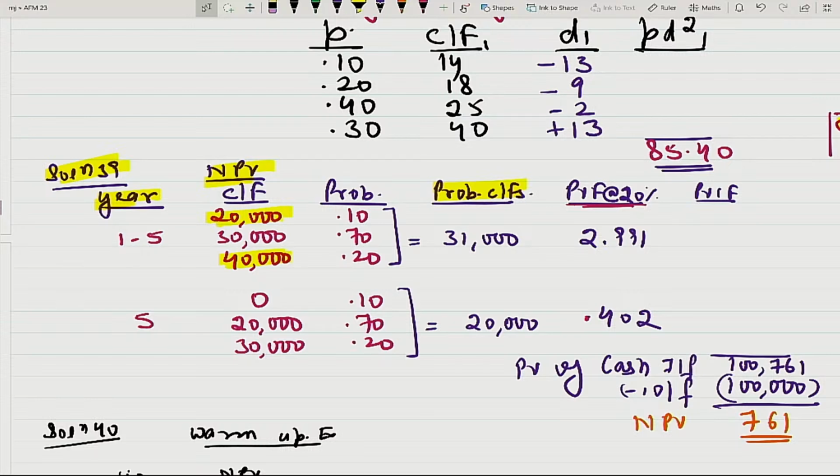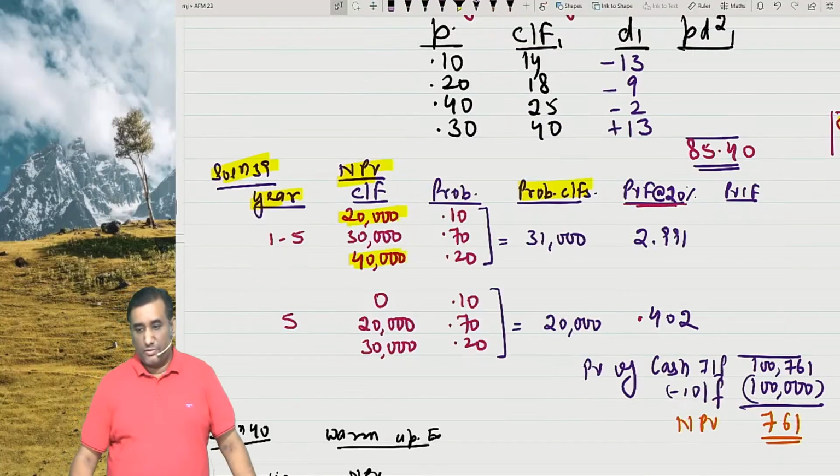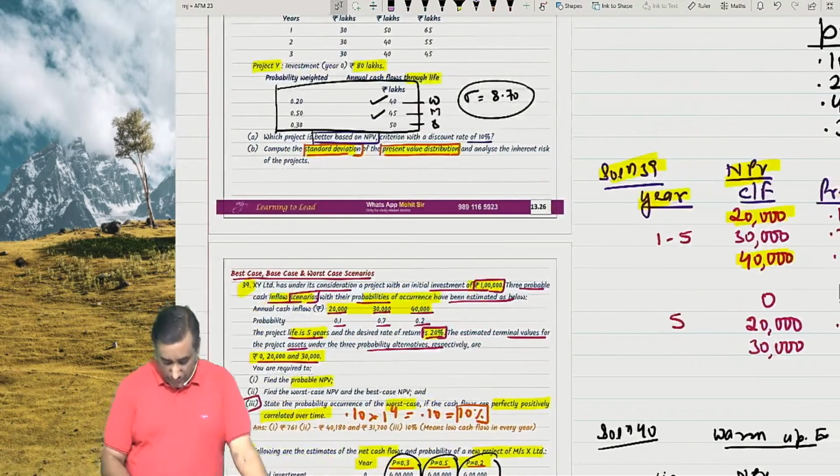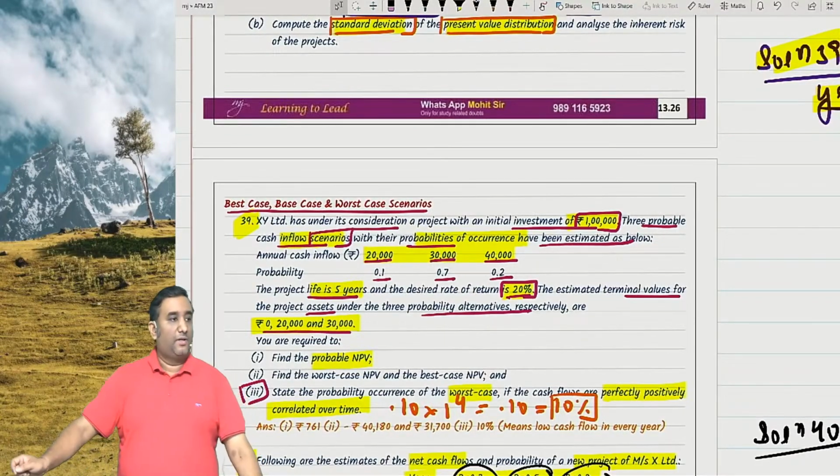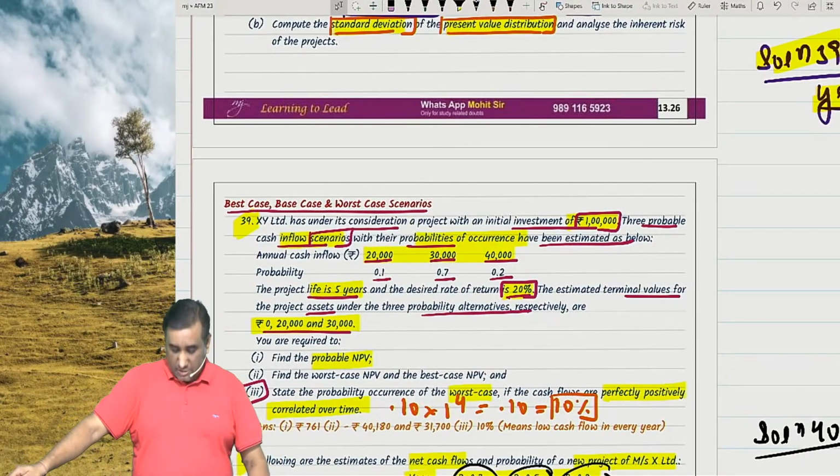Can I check the second part? Second says you have to find what? Find the worst case NPV and the best case NPV. You tell me which route. Best case would be what? Happening of 40 and 30, the salvage value. And worst case would be